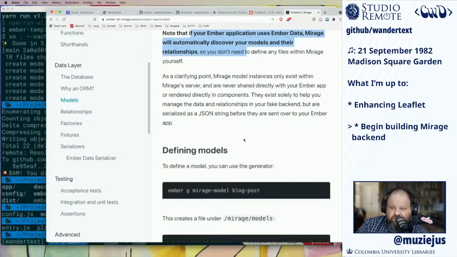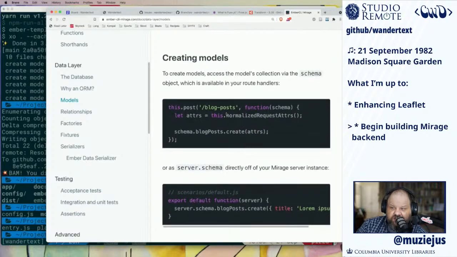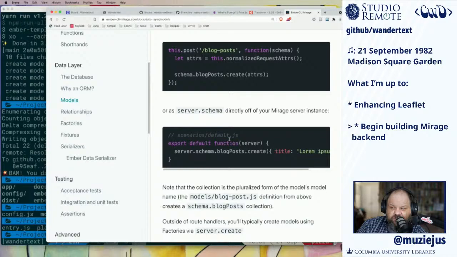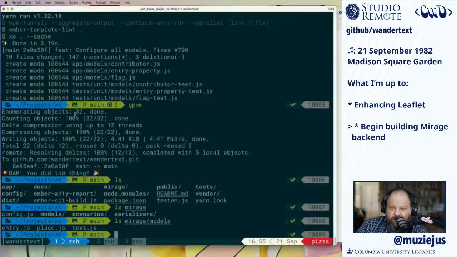Mirage discovers the models, but we can create models here, and there's not a whole lot that needs to be done to the models except to define the relationships between them. I already have these 3 models here, so let's create the models and put in the relationships and then call it a day. So Ember generate Mirage model,